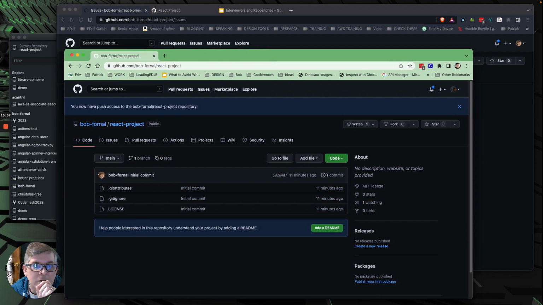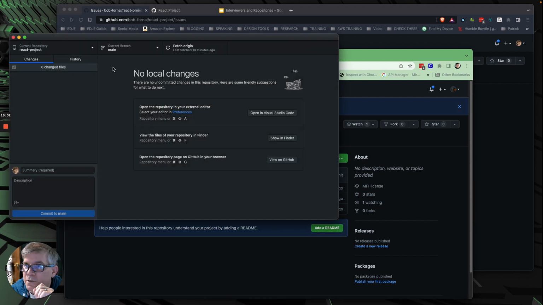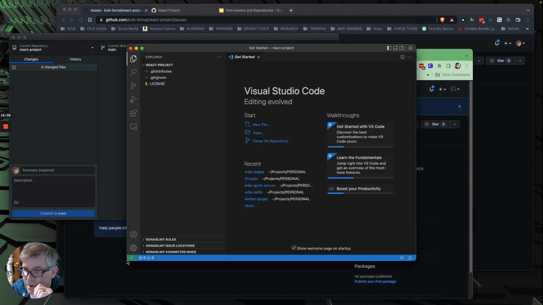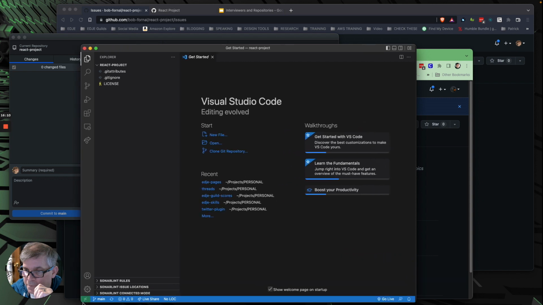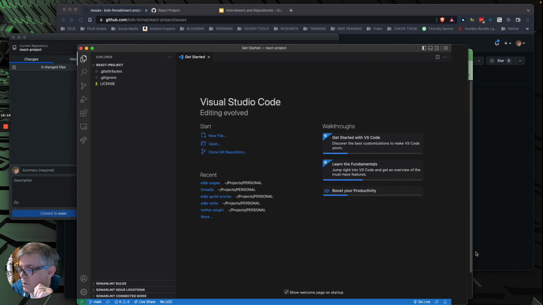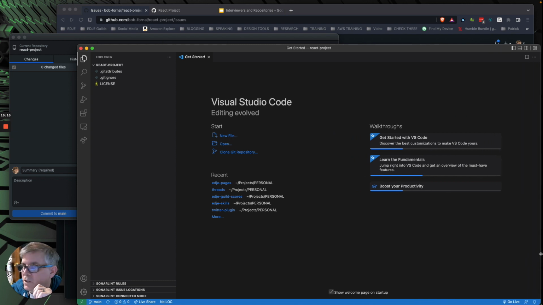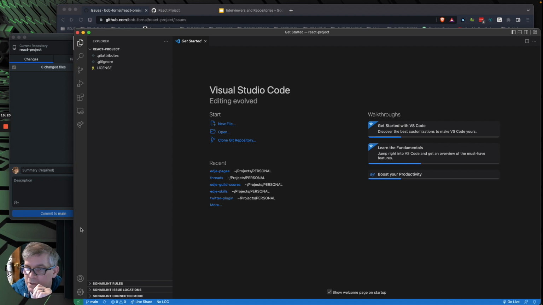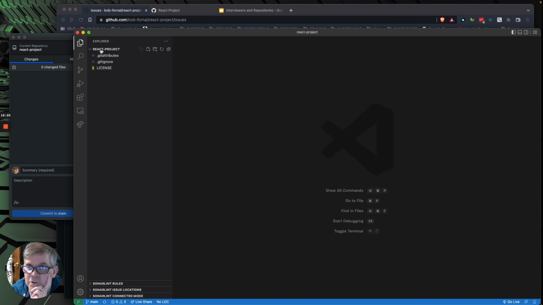So, what we need to do now is come over to here. We have this opened up, and what we want to do is open Visual Studio Code, and I'm going to expand that out a little bit so we have access to it. I'm going to expand it way out over here. There we go. That makes things a little clickable, gives you enough room that you can see what's going on in the code, but I can still click these other things and find the things we need to keep moving. This is our repository. We can see React app. There's not a lot going on in here yet.